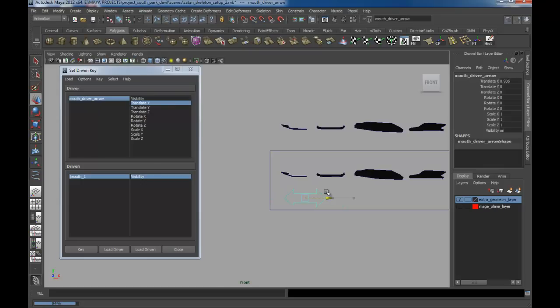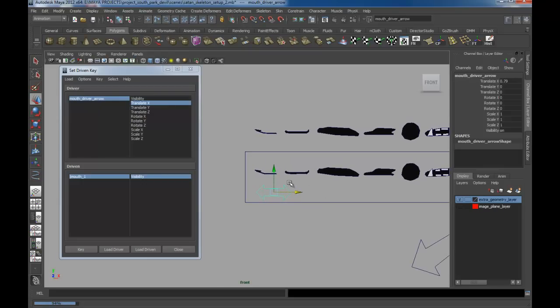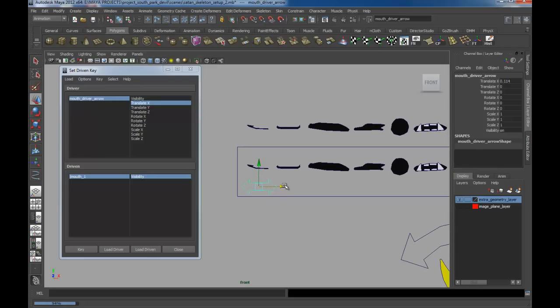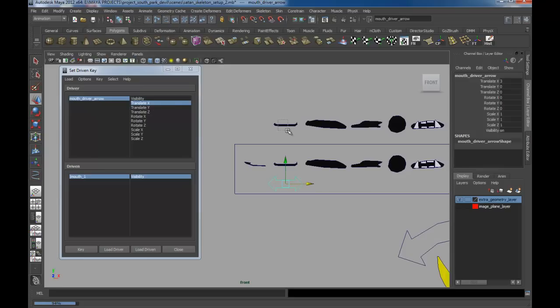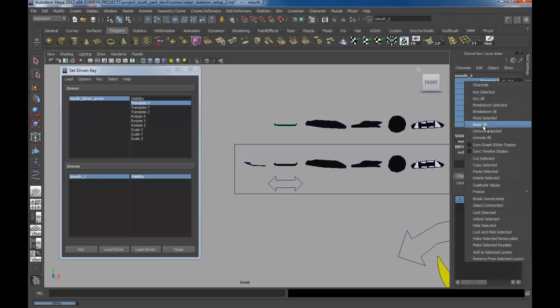This is the basic process of setting a driven key. So it's pretty much having the attribute, the X translation, drive the visibility on the mouth 1. Let's do it one more time for the second mouth. So now I want to select this mouth. I only want to leave the visibility here, so select all of these channels, hold the right mouse button and lock selected,